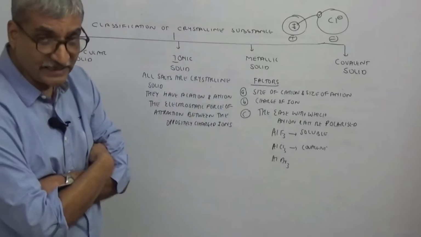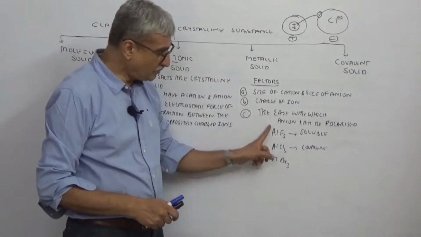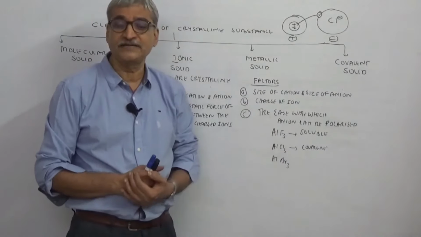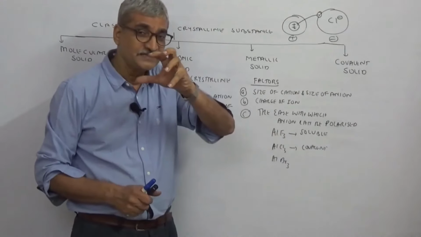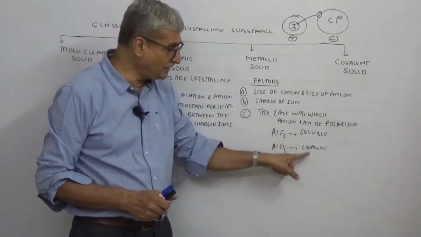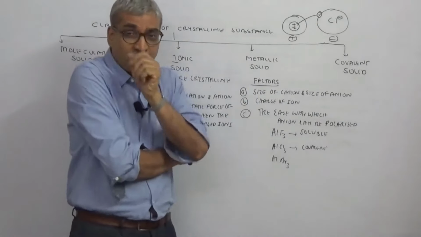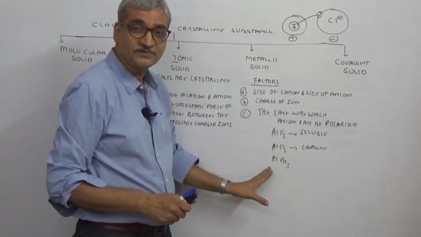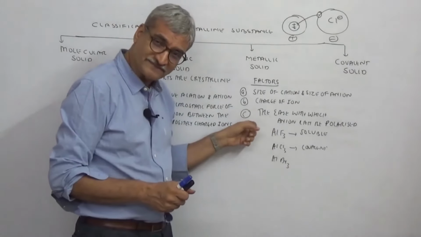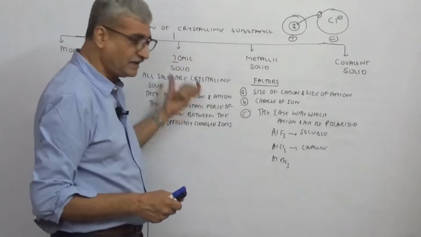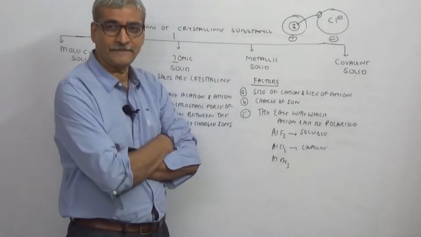So smaller cation, larger anion, the polarizability is high. Smaller cation and smaller anion, polarizability is less. So covalency does not come in. So it is soluble, this is not soluble. This is how there is a difference in property. And they ask property questions like this: which is soluble in water. So aluminium fluoride is, this will be a neat JEE question. The topic is ionic solids, but the question will be asked this way. I hope you have understood what I have taught today.